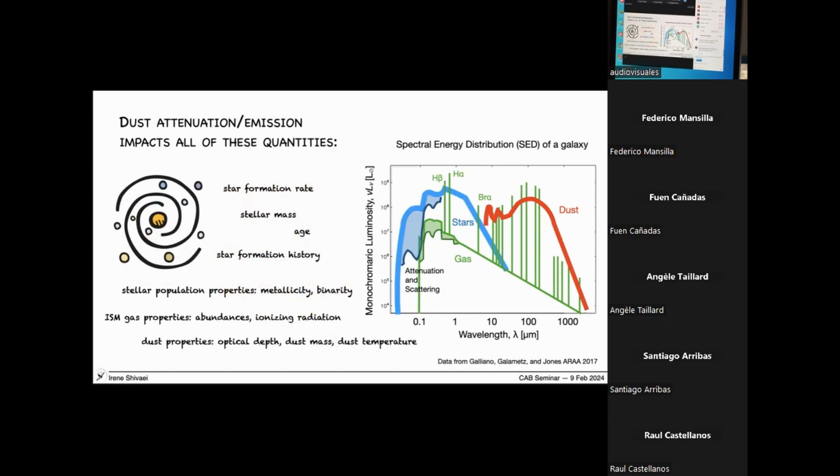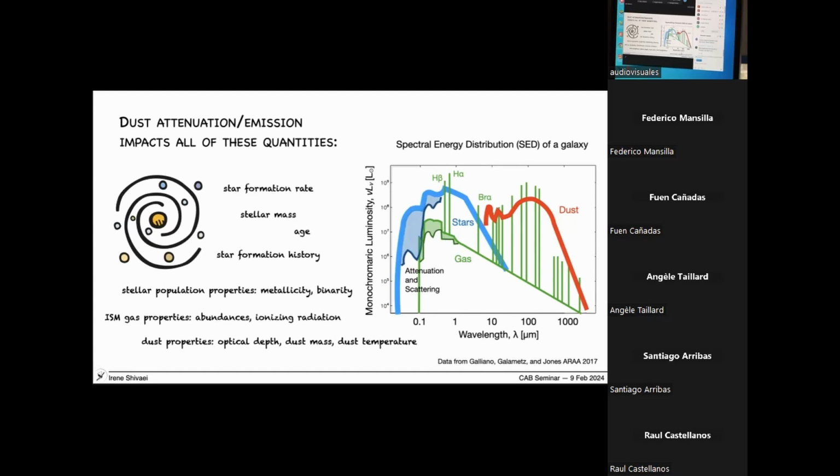For example, if you're a theorist building galaxies, for example building dark matter simulations and looking at the stellar to halo mass function, you would need to have accurate stellar mass measurements for galaxies. Or you're an extragalactic astronomer designing large galaxy surveys to look at the evolution of galaxies. One of the important quantities that you will be interested in is the star formation rate.